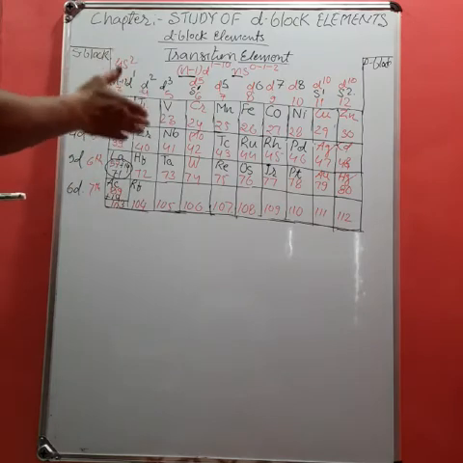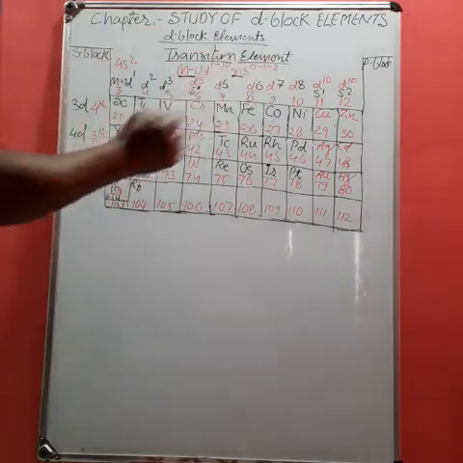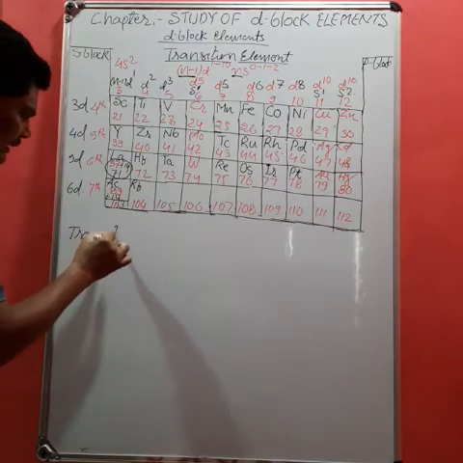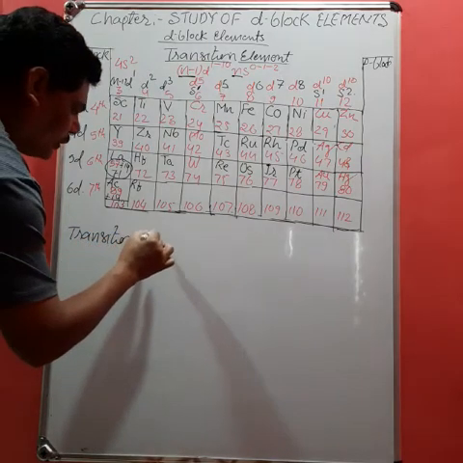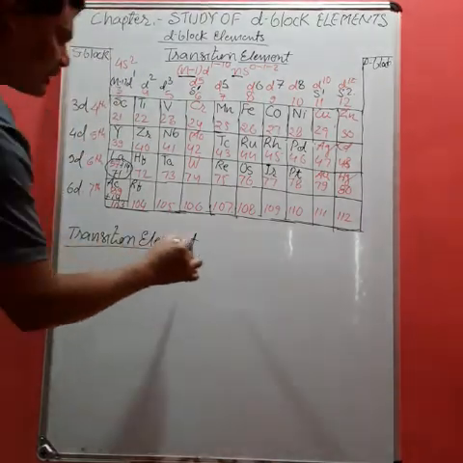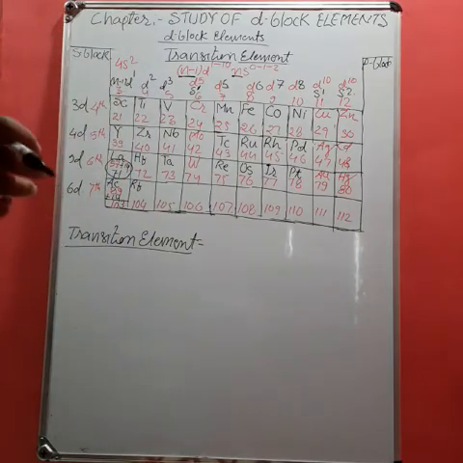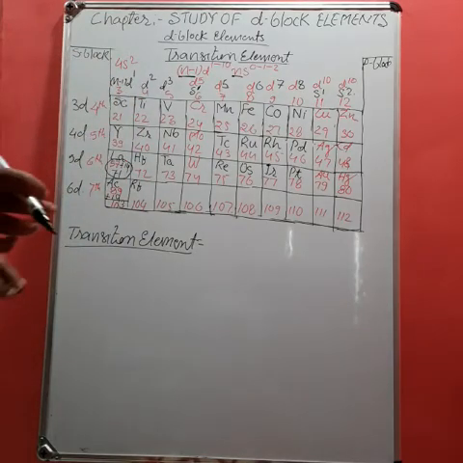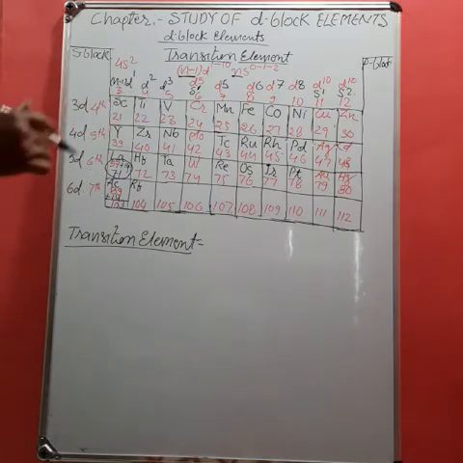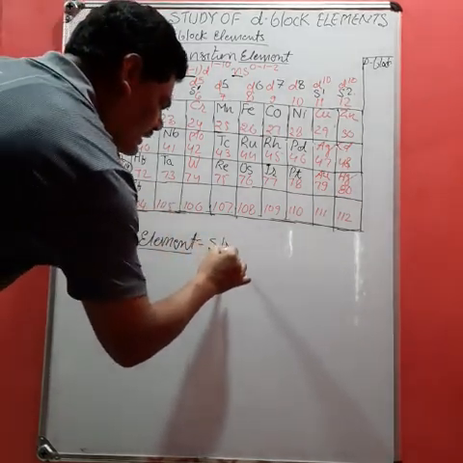Now, how do we utilize this periodic table in the study of D block elements? So, very first, the definition of transition elements. I told you that in 11th class, a very simple definition is given. The transition elements are those which are placed between S and P block and their properties are intermediate between S and P block, that is, a gradual change in property, therefore called transition elements. But in 12th class, the definition is a little changed.